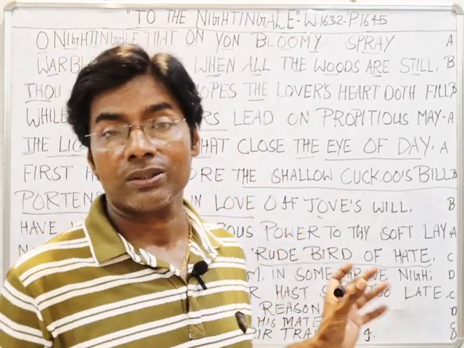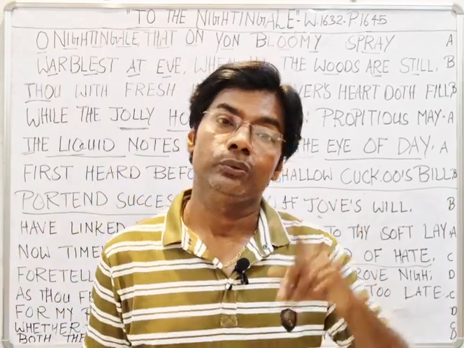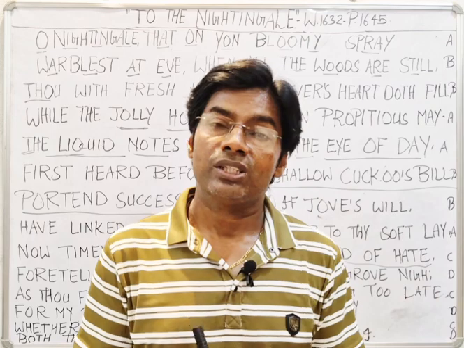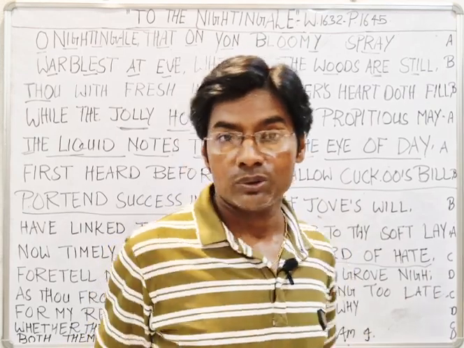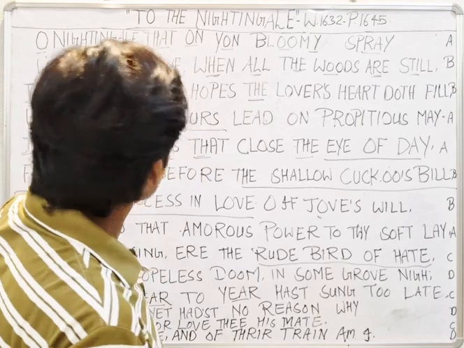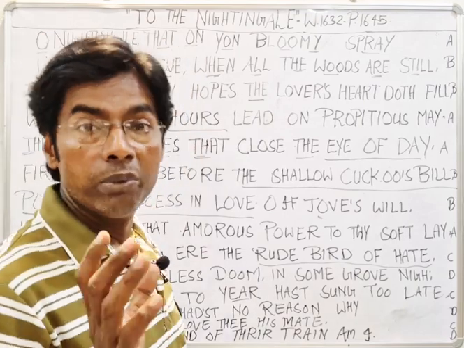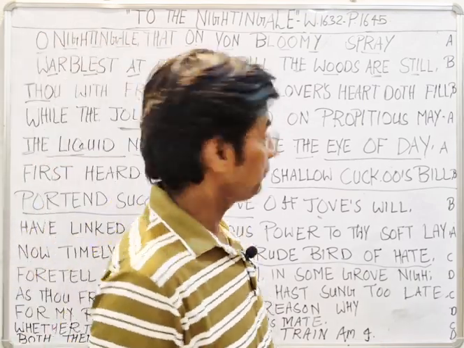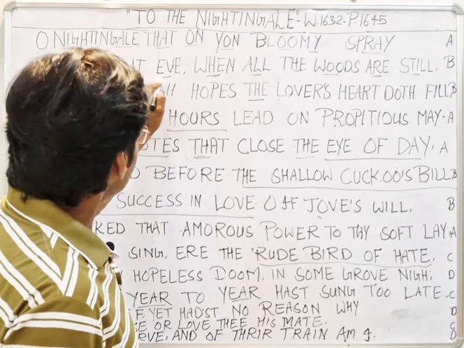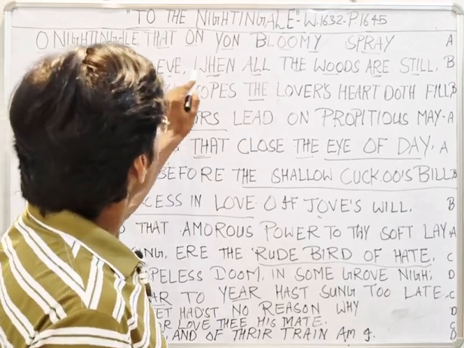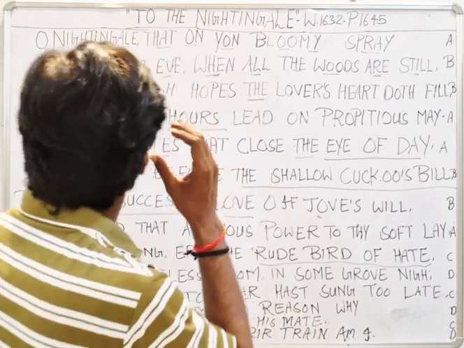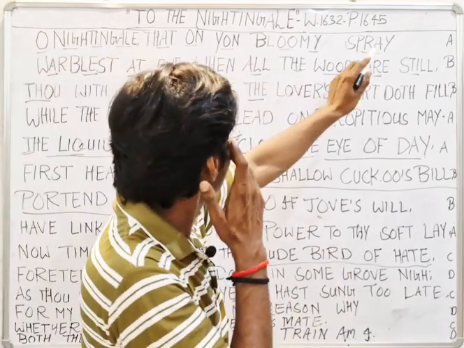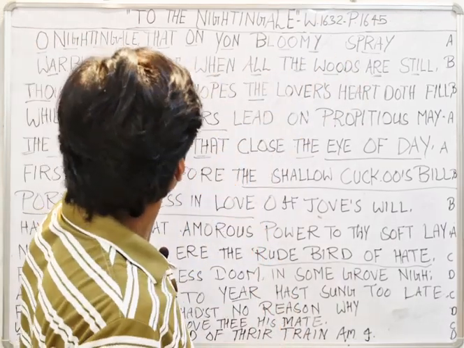So warblest is an archaic word used in the olden time. Such words are not used in modern English. So warblest means, in modern English, warble, sing. At eve: eve stands for evening. See, when all the woods are still. See, here first this one clause till here, then